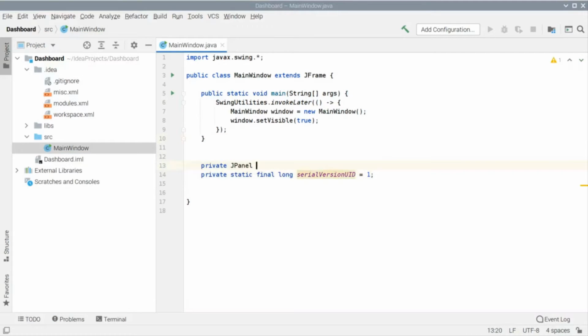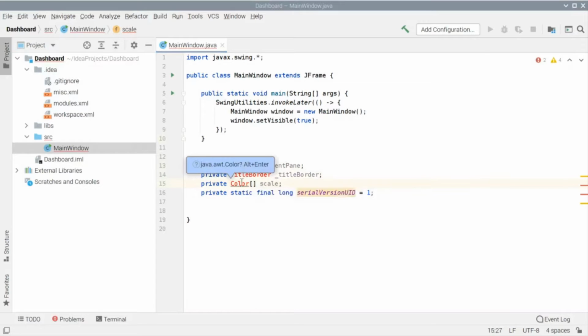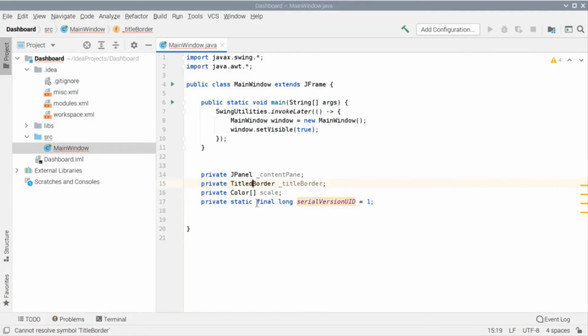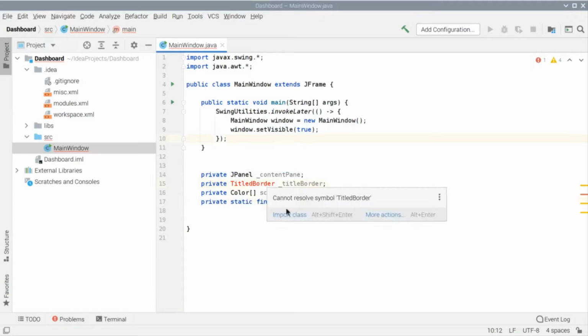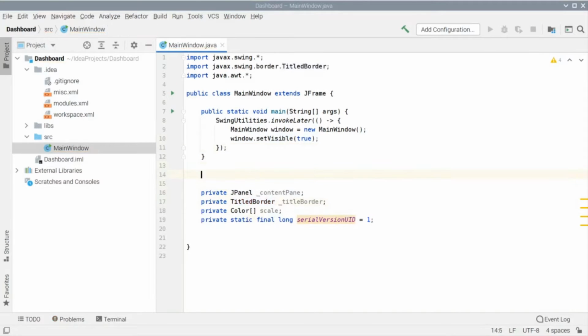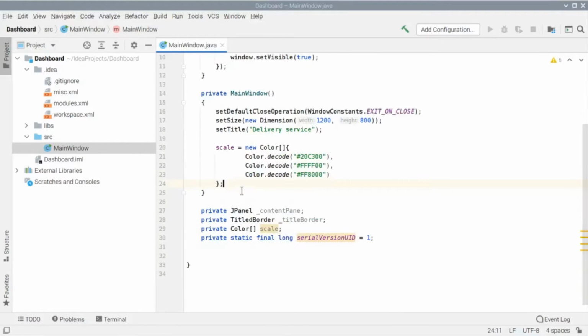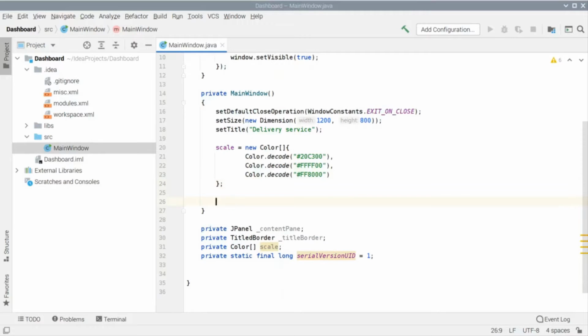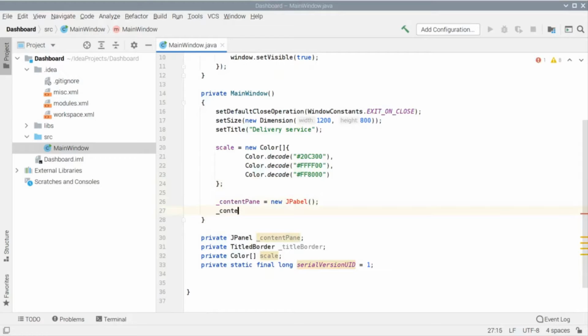We add several class variables, the content pane, a titled border, and we implement the default constructor for MainWindow. In it, we set the size of the application, the default operation on window close, and the window title.